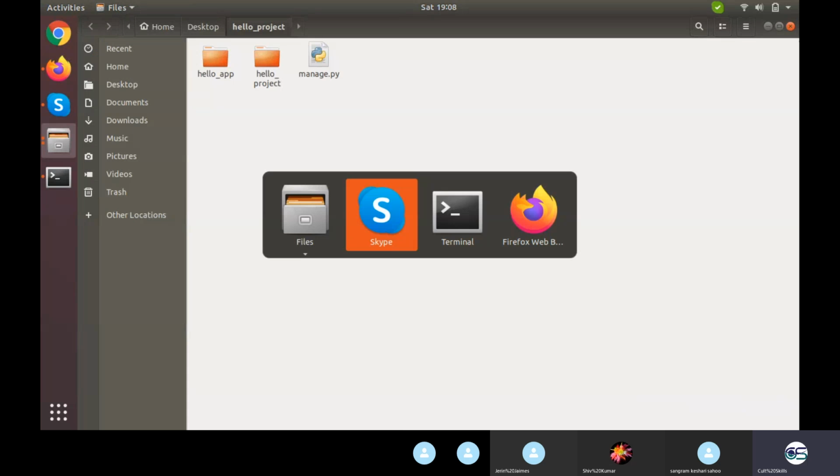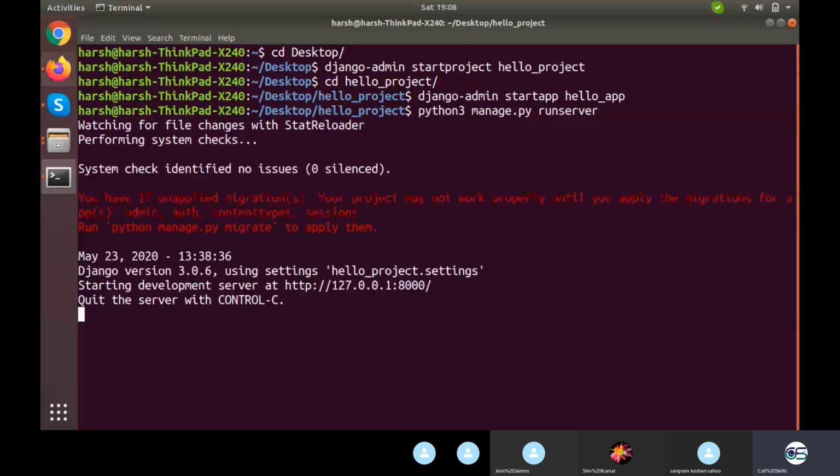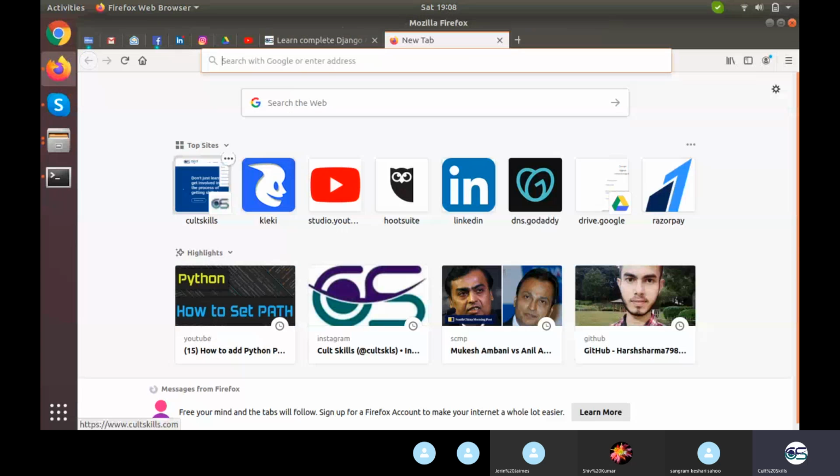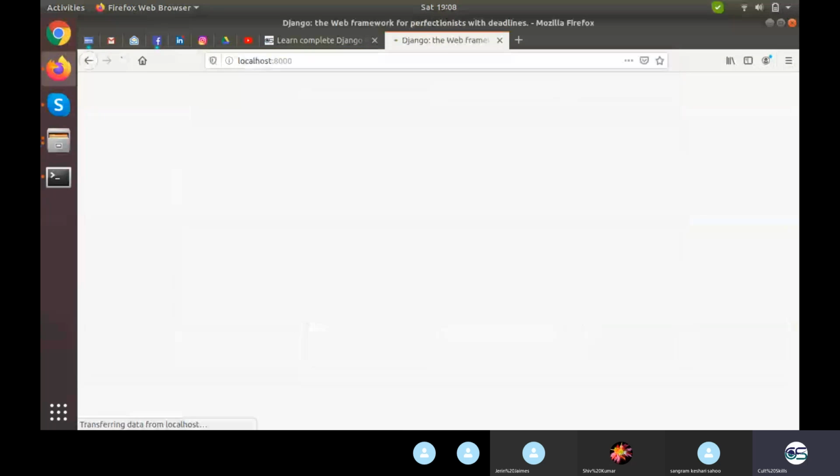Now what else do we need to do? We need to say python3 manage.py runserver. It'll run my basic server with that Django rocket launcher and all of that at localhost colon 8000. Fair enough.